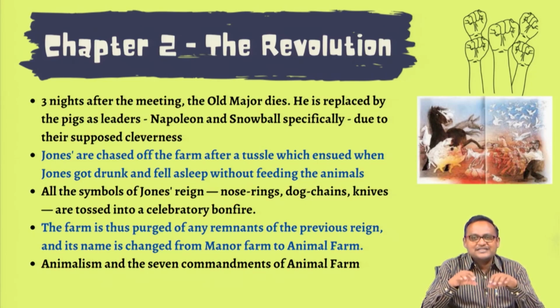So the ground is being paved for the creation of a rebellion, and one day it so happens that revolution comes without their actually knowing it. One day, in his drunken stupor, Mr. Jones forgets to feed the animals. After a day's hard work, he forgets to feed them and goes to sleep, and this is too much. All the animals now break into the barn, because they know that Jones has stored all the food there. So they break into the barn and they are eating.